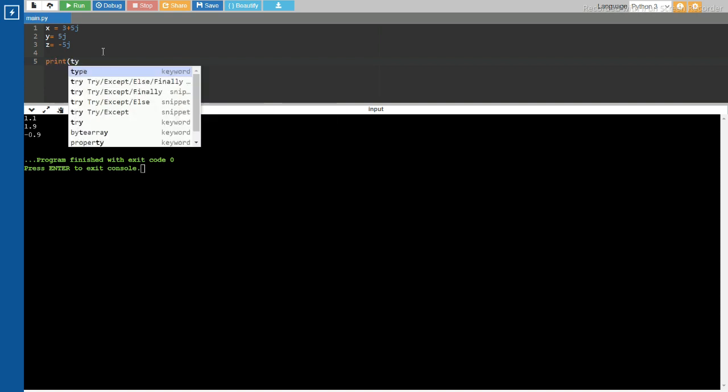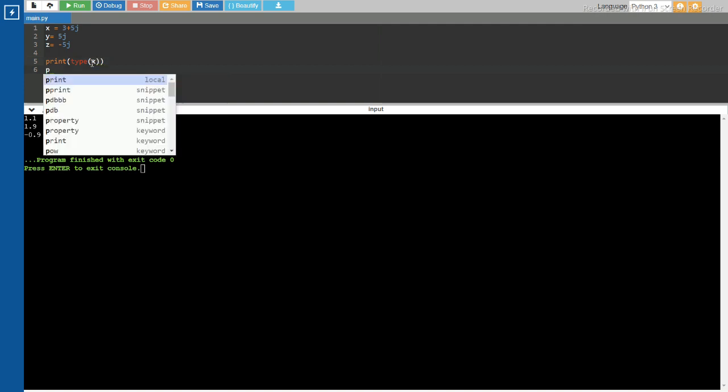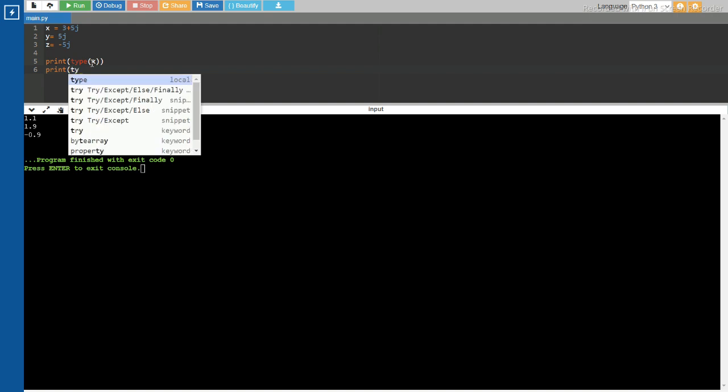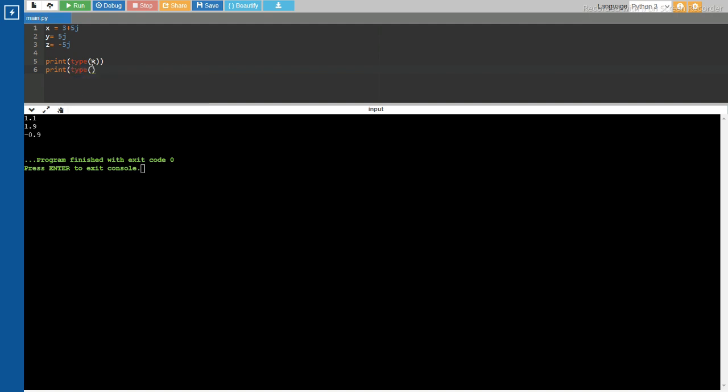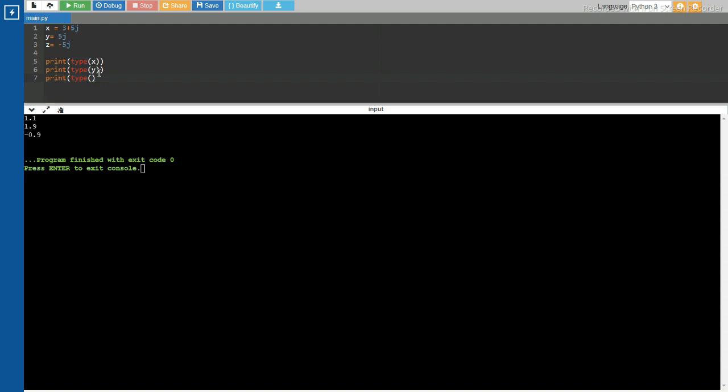Print of type of the first variable, which is our x, and the next one, print type of y, and the next one we use is print of type of z.